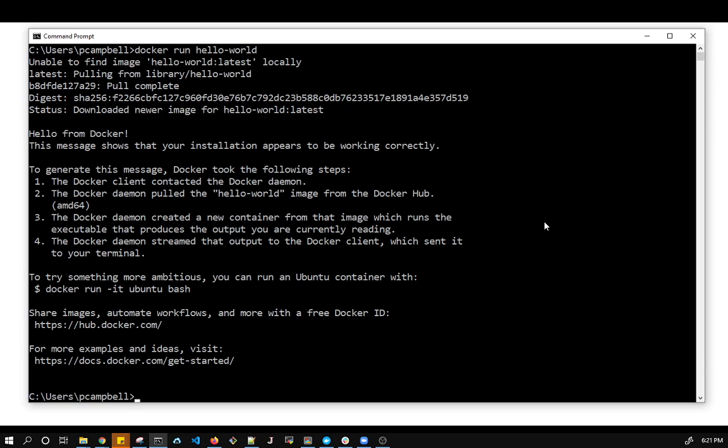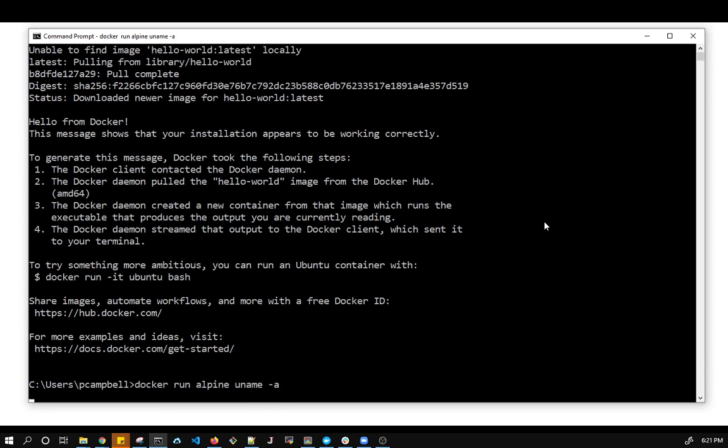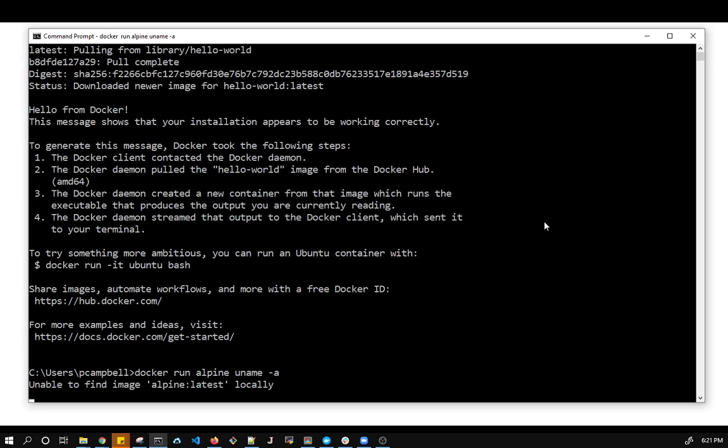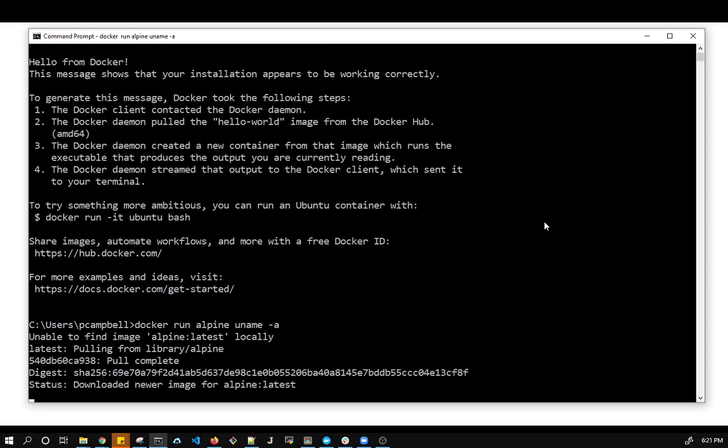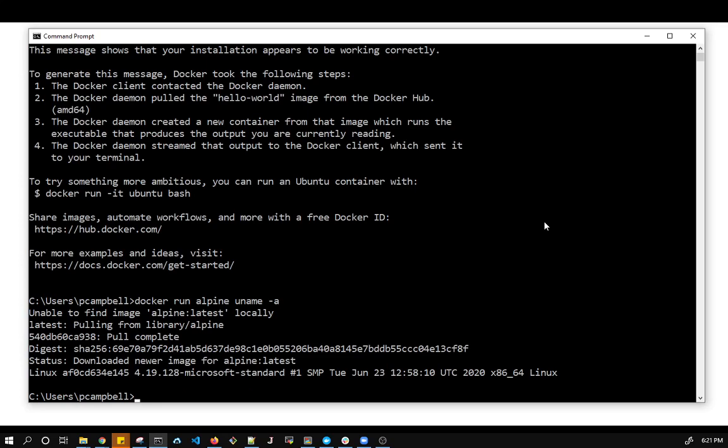Now let's run Alpine. So this is where I guess it gets a little interesting. Docker run. So Alpine is a Unix image or a Linux type image. So we're pulling it, it's extracting it, and running it, and we get uname -a. And notice it says Microsoft Standard, and this is our